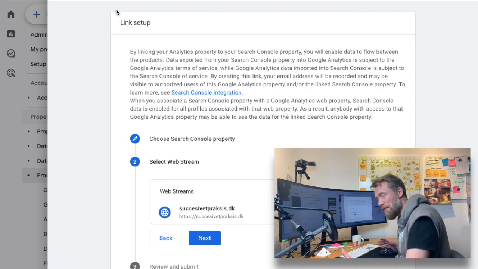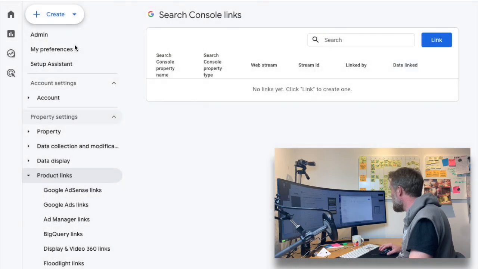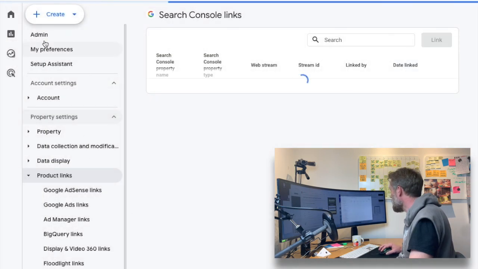This is if you have multiple streams from apps and all sorts of places. For this website I only have one stream, so it doesn't make much sense, but it's required that you click this one and submit. So now the link is created and we can close out of this.